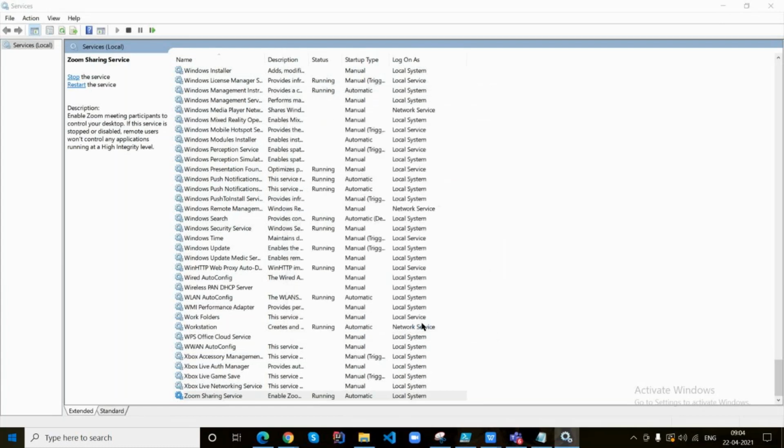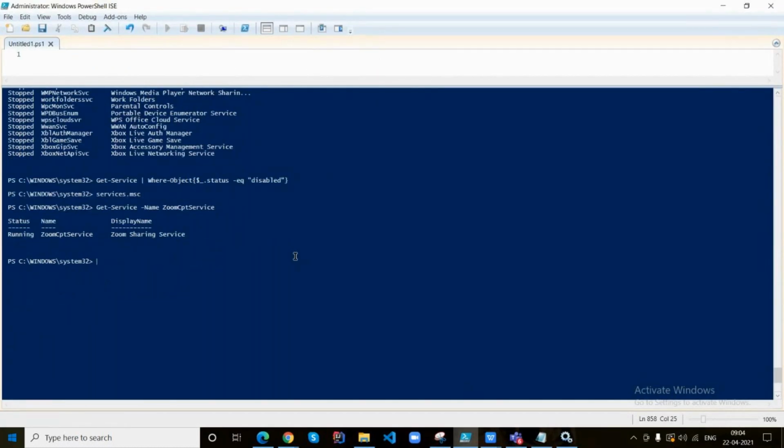For that, you are supposed to get the complete information of the service. Whereas when you are executing Get-Service, you are getting the limited information, right? Like status, name, and display name only. But when somebody asks you to get the information like which account is configured as the login account for this specific service, or somebody asks you to change the login account for this service from the local system account to some administration account or some user account or some generic service account.